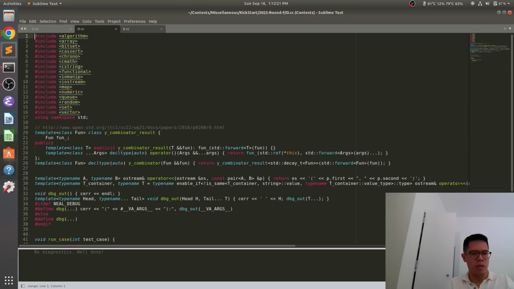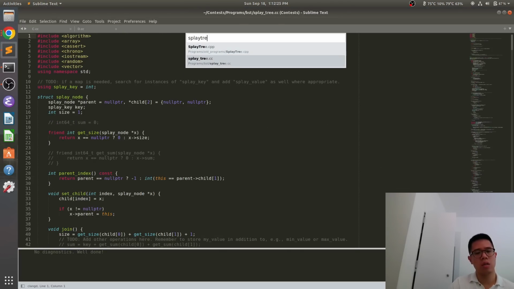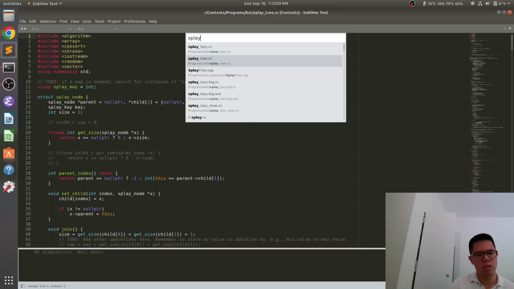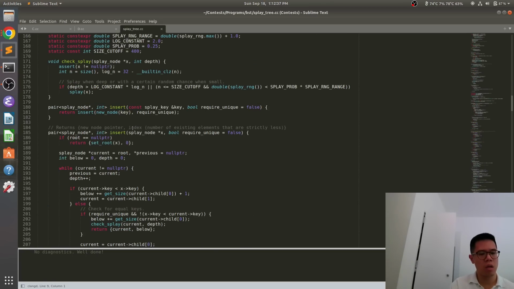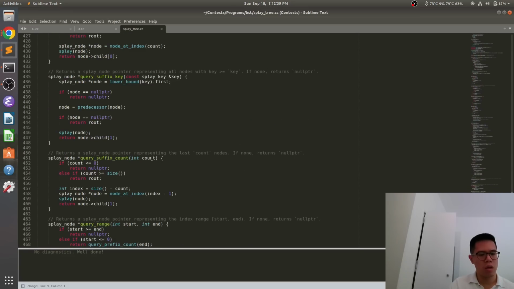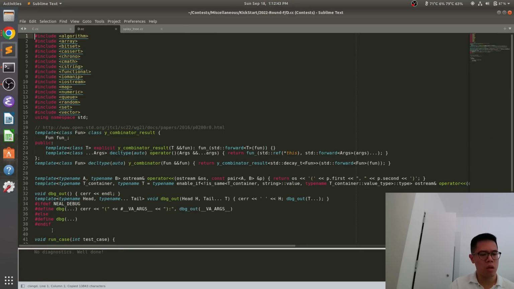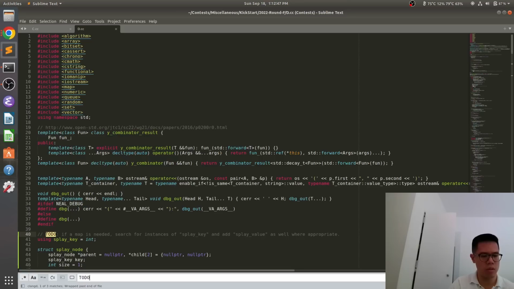I think I'll just do it with the splay tree. This is not what I want. Okay, so just get rid of that, and now to